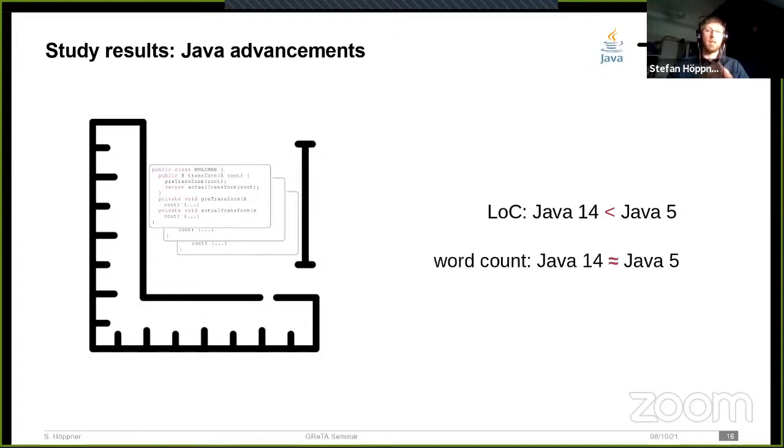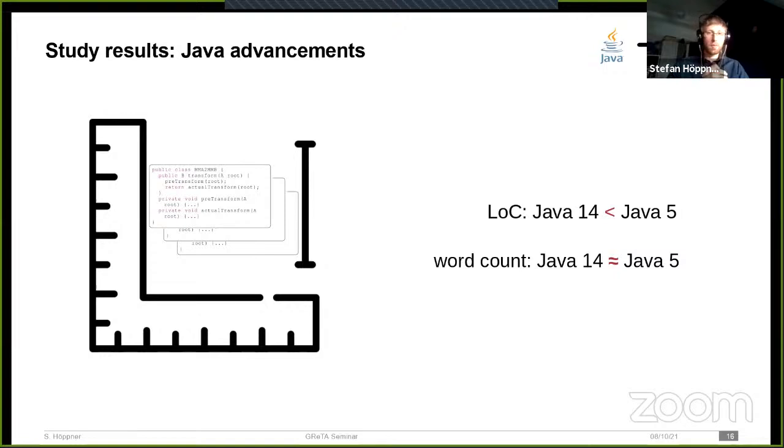However, when we look at the word count, there's no real change there. So that basically means while newer Java versions help reduce the size or the length of your code, they do so by compressing the amount of words into fewer lines of code, meaning you have a more word-dense code nowadays.